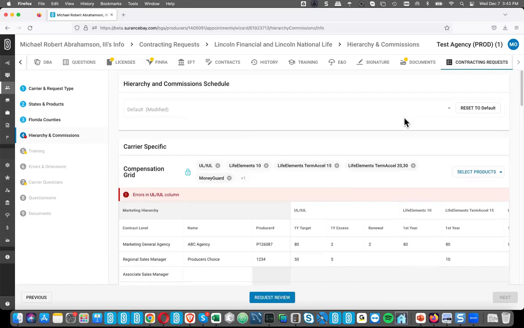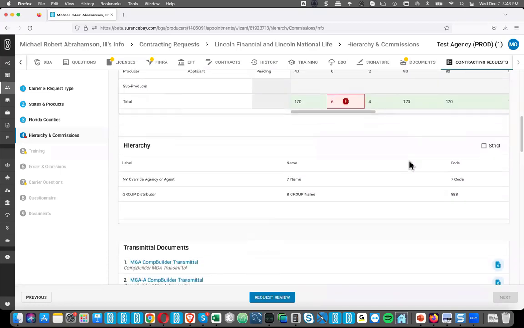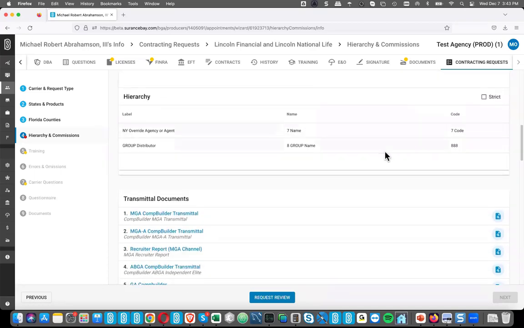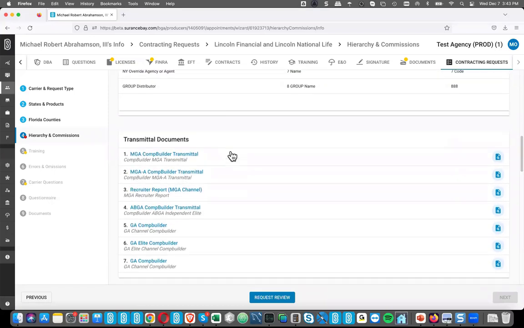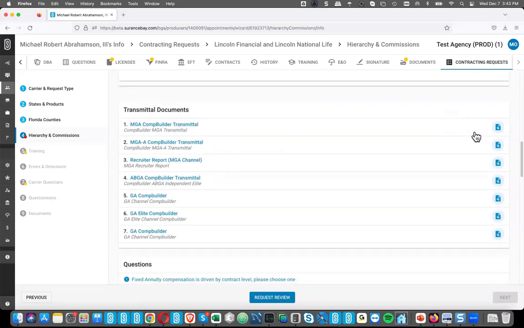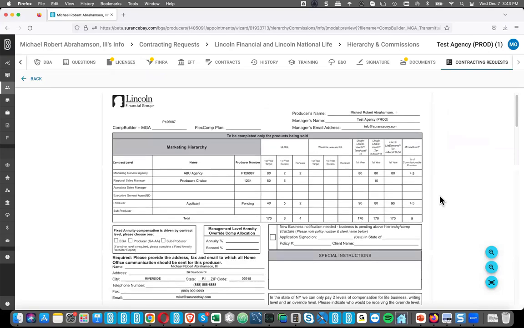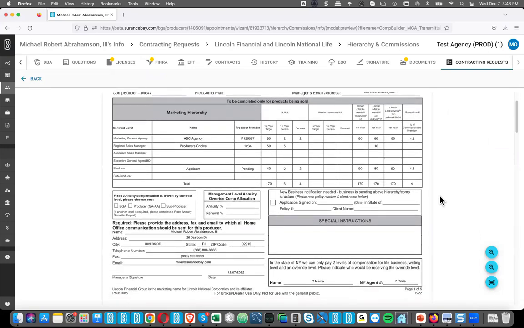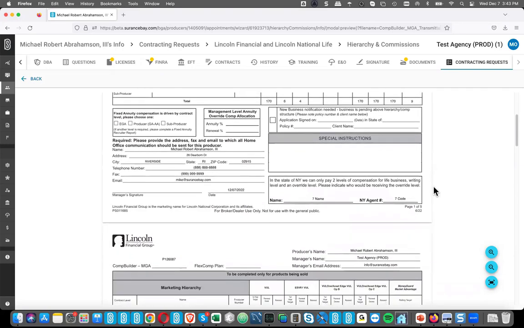Mike, can you preview this filled out form? Excellent question. Yes. So once I have put all my data in commissions hierarchy settings up here, at the bottom of the screen, here are the transmittal documents, and I would just click on this preview button, and it's going to show me exactly what the form will look like before I even move on to the next step. So I don't have to wait to get to the end. I can preview this transmittal before I move on to the next step in the request process.